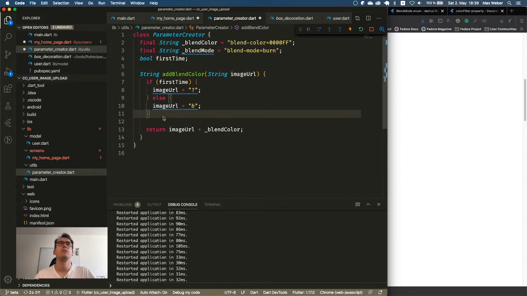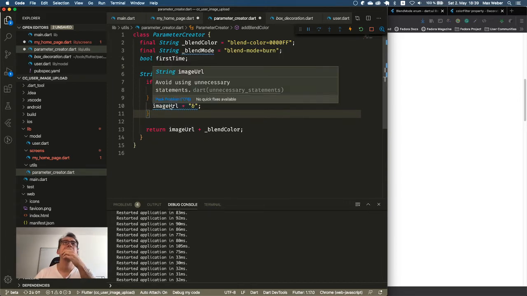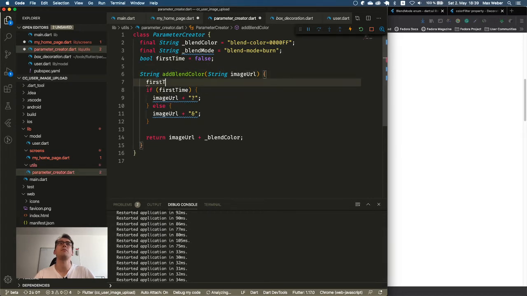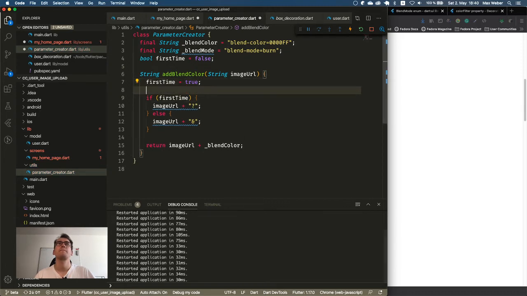No. Because the first time never changed so far. So the first time is false, and whenever we come to one of the methods, first time is getting set to true. Check if it is first time.